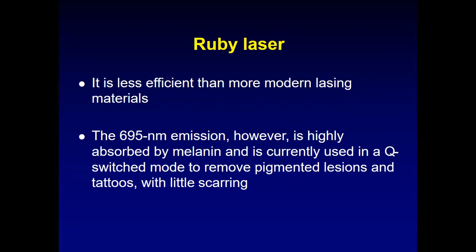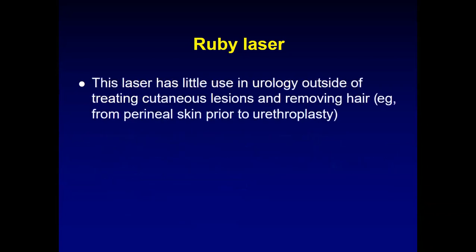It was the first laser used, in 1960, and it can be used in continuous and Q switched mode. Q switched mode is a mode in which small fast pulses are generated. There is a continuous, there is a slow, and a Q switched mode. Q switched mode can be used in this as well, and it is very well absorbed by melanin, and that is why it is used for removing cutaneous lesions on the skin and removing hair and perineal skin